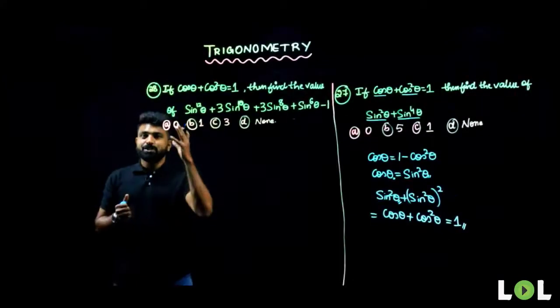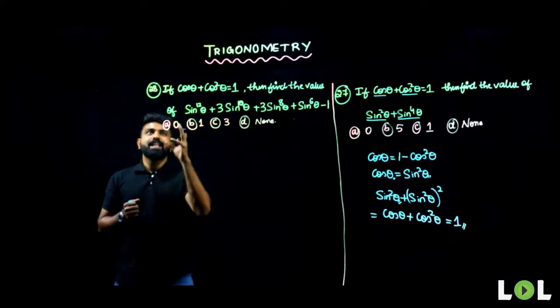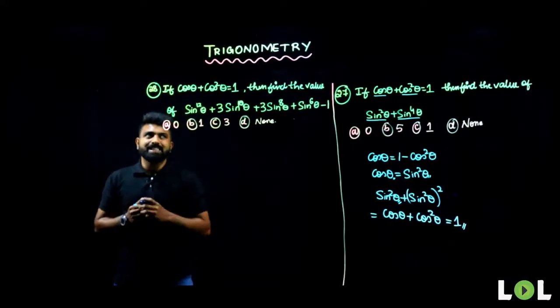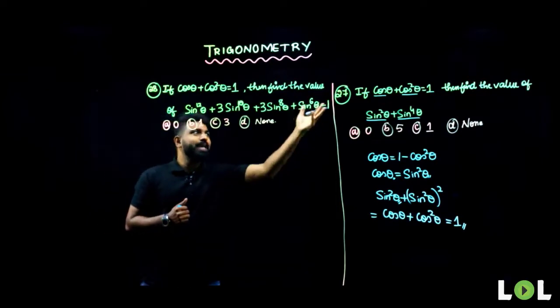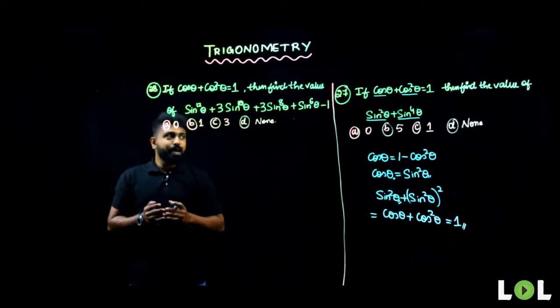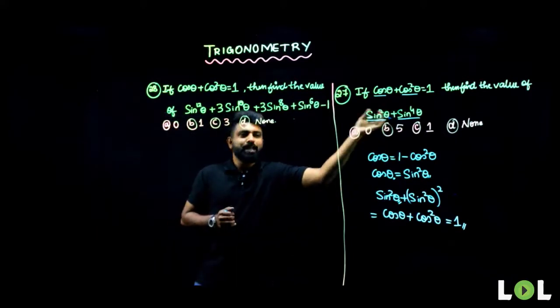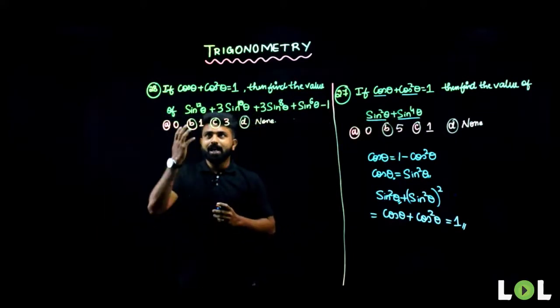Let us look at our next question here. What are they telling? They're telling that cos theta plus cos square theta is equal to 1. It is very similar, or the same, as my previous question. But they've asked us to find sin square theta plus sin power 4 theta. Here they're asking us to find